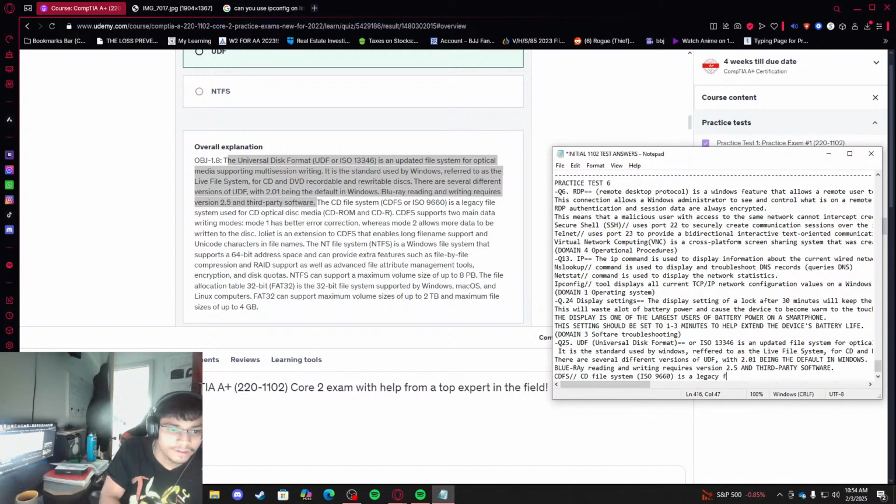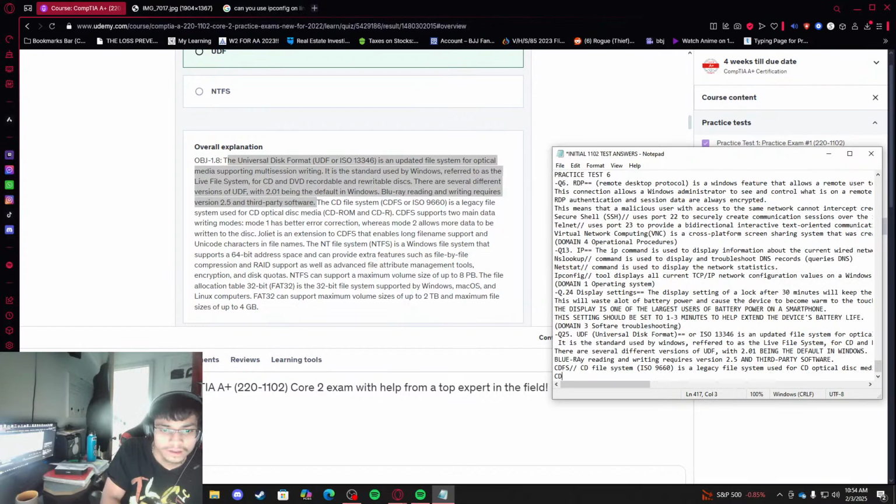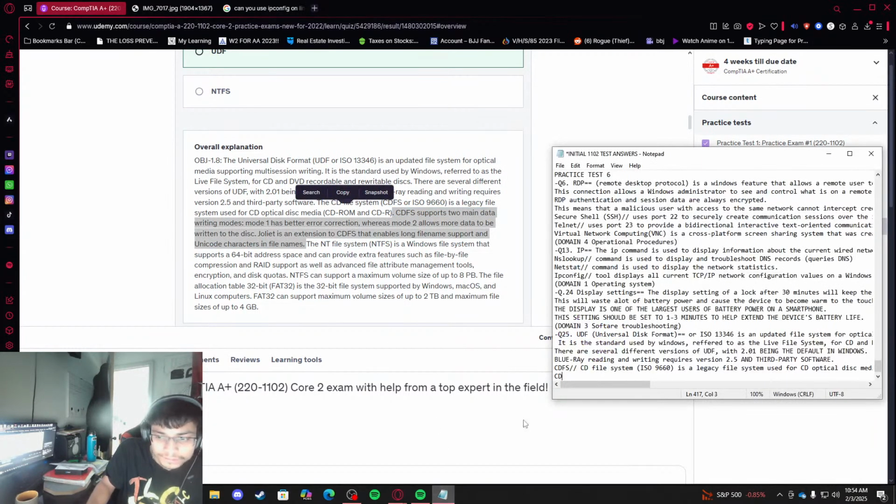It's a legacy file system used for CD optical disc media, CD-ROM. CDFS supports two main data writing modes. Mode 1 has better